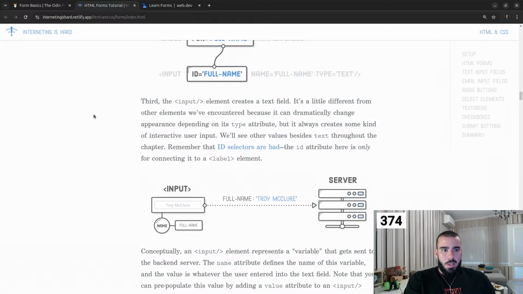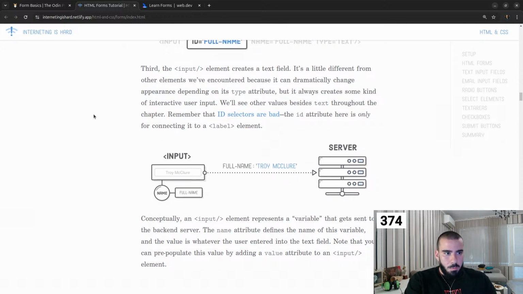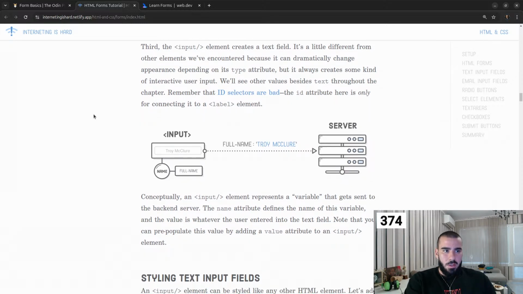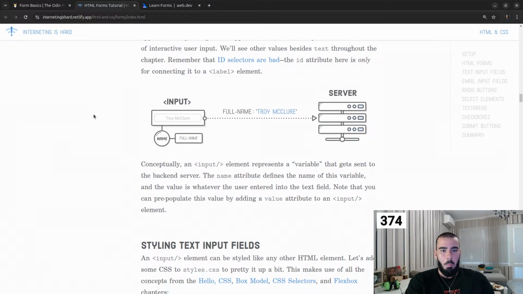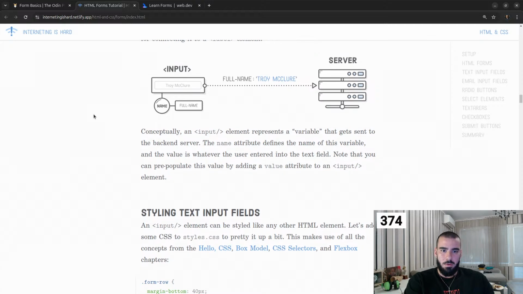Third, the input element creates a text field. It's a little different from other elements we've encountered because it can dramatically change the appearance depending on its type attribute, but it always creates some kind of interactive user input. We'll see other values besides text throughout the chapter. Remember that ID selectors are bad. The ID attribute here is only for connecting it to a label element. ID selectors are bad. I'm not sure what they mean by that, but